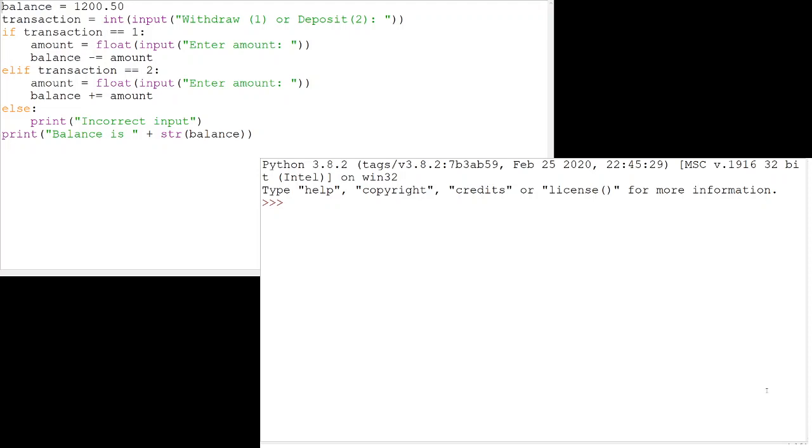Welcome. Let's take a look at a simple conditional statement in Python using the example here on the screen. I have a variable called balance with an initial value of 1,250 cents. I seek input from the user, integer-based input, 1 for withdraw, 2 for deposit, and then based on